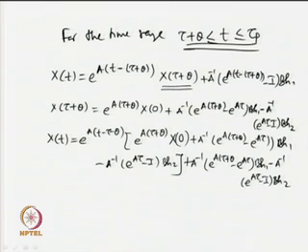So, we have got a horrible expression which can further be simplified and written finally in the form of x(t) for the time range tau plus theta